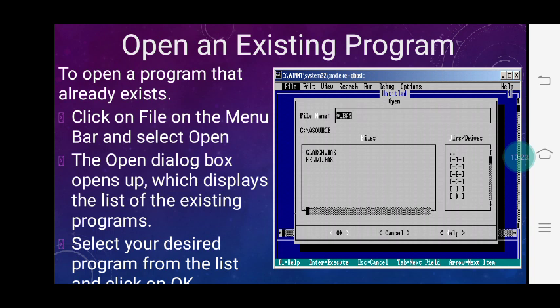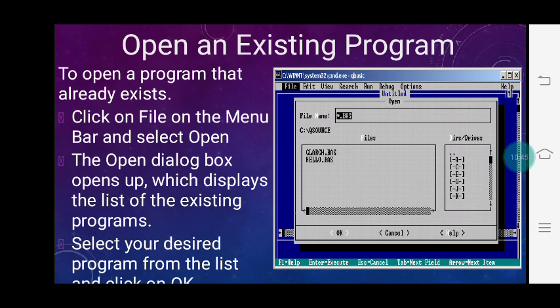Now let us see how to open an existing program. Suppose you have already written a program and now you want to open that program. For that you have to follow these steps: click on File on the menu bar and select Open.